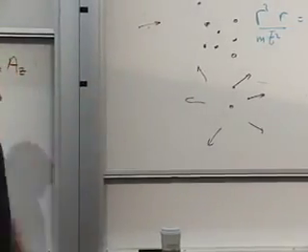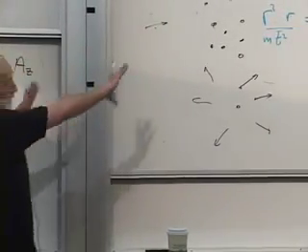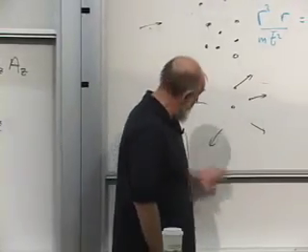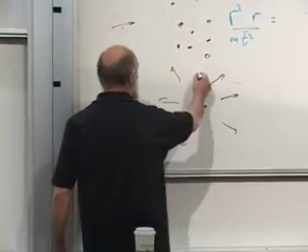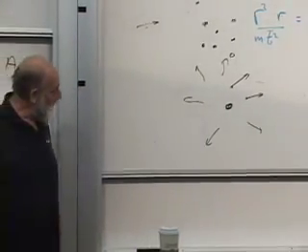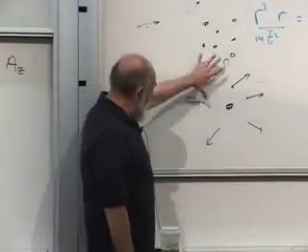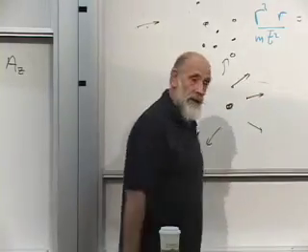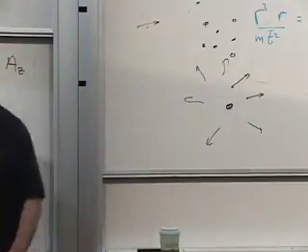Underneath the bottom of the lake, there's some water being pumped in. The water will spread out away from that point. Okay? And there'll be a divergence where the water is being pumped in. Okay? If the water is being pumped out, then exactly the opposite, the arrows point inward, and there's a negative